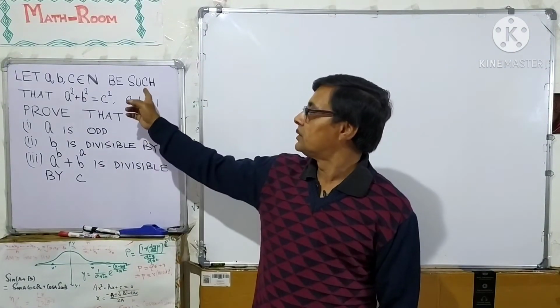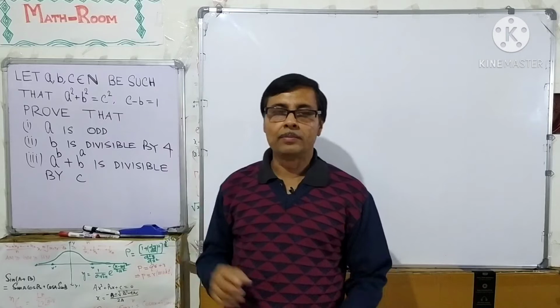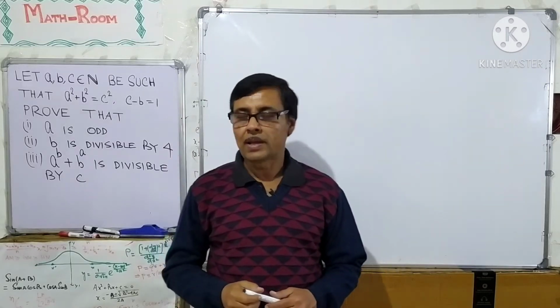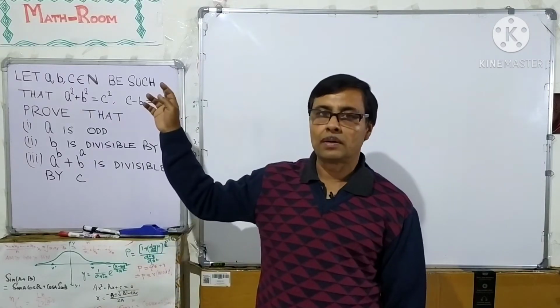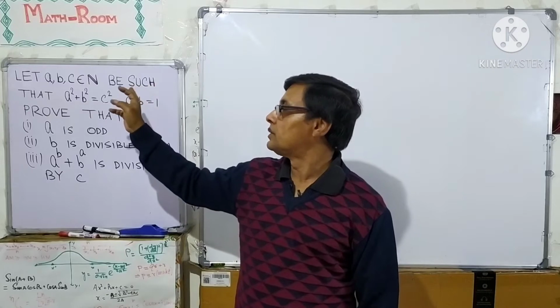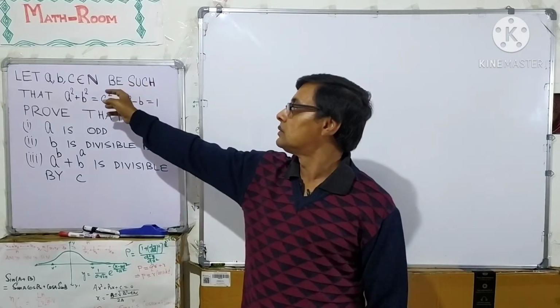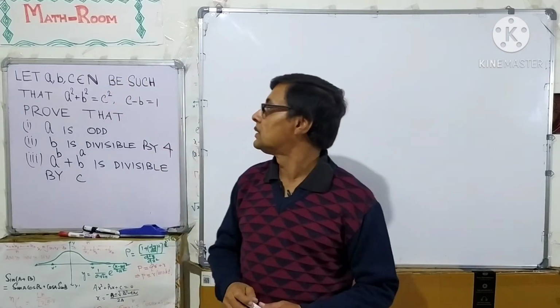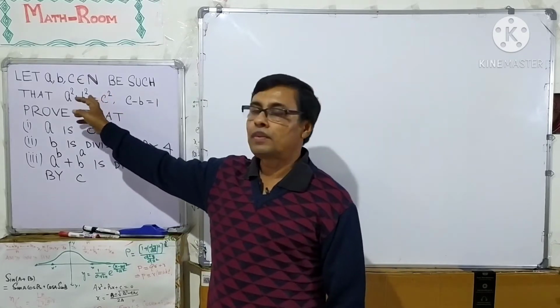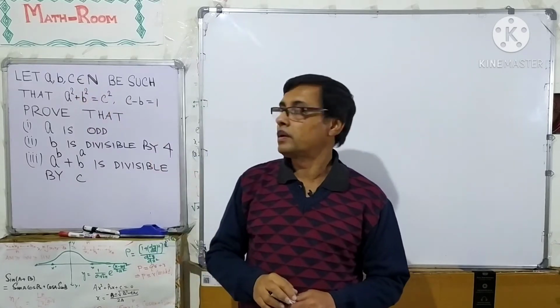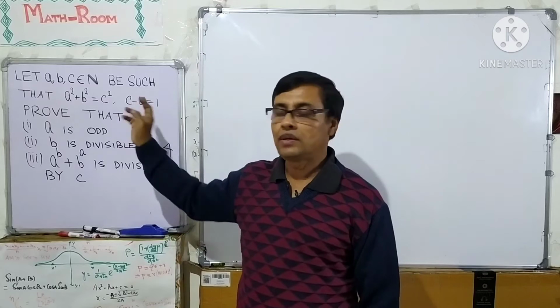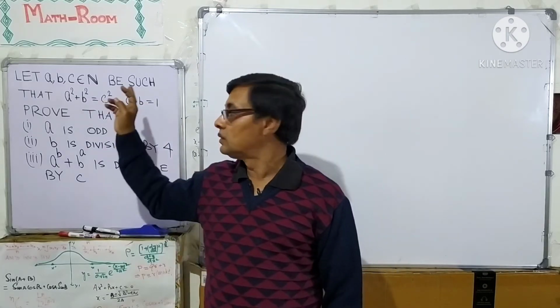Today we shall solve this problem. Let a, b, c be three quantities which belong to the set of natural numbers such that a square plus b square equals c square and c minus b equals 1. We have to prove that